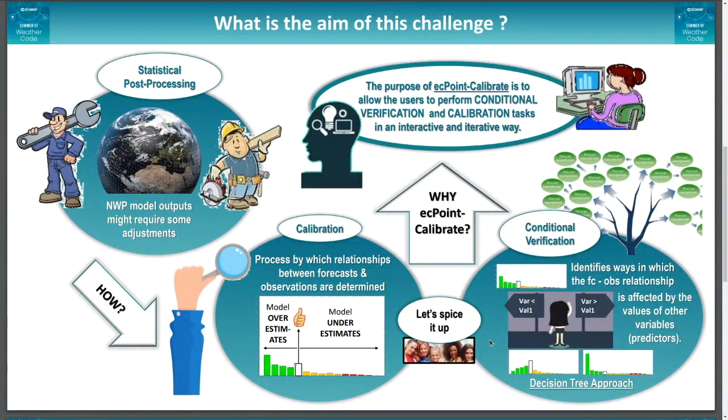And how do we do this? Basically using calibration, which is just a very simple process to establish a relationship between the forecast, past forecast, and observation. This process can be very simple. We just compare the forecast and the observations, or we can use certain conditional verification tools to make it a bit more